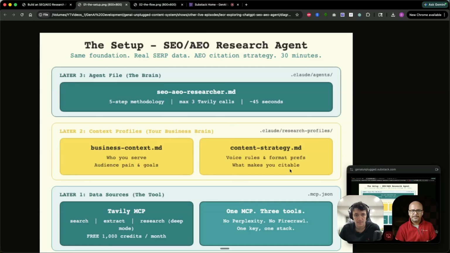The idea behind this layer is that this is your context profile layer, so that you can put more and more about yourself, and the agent or AI is able to get the external intelligence, get the intelligence of yourself or your business. And then comes at the top the agent layer or agent file, which in this case is AEO, SEO, researcher. You can name it anything. This is where the entire methodology is written, how an agent should execute, and use both these layers to do a synthesis for us and provide us the results back.